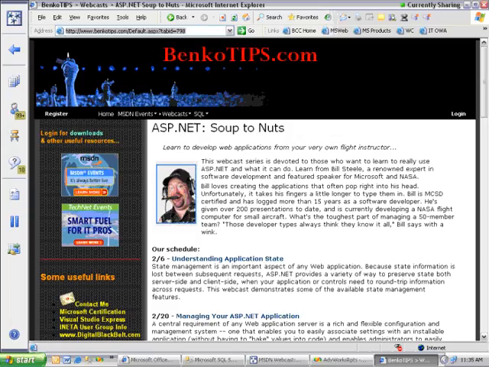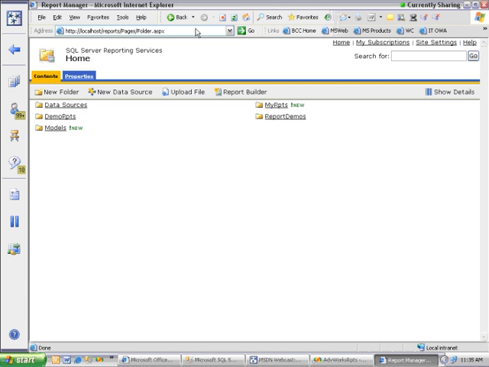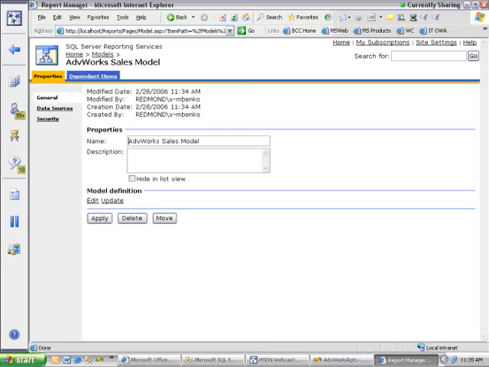But what we're going to do is go up here into our localhost, and I'm going to browse my way out to my report manager. Now I'm using the local report server, and you can see I've got some folders defined out here. If I go out and take a look at the models, you see that it says new, and that's because I've actually deployed the sales model out here. And here's my AdventureWorks sales model we just created. It's got our time and our date, and it's got a description. So this is sales of AdventureWorks